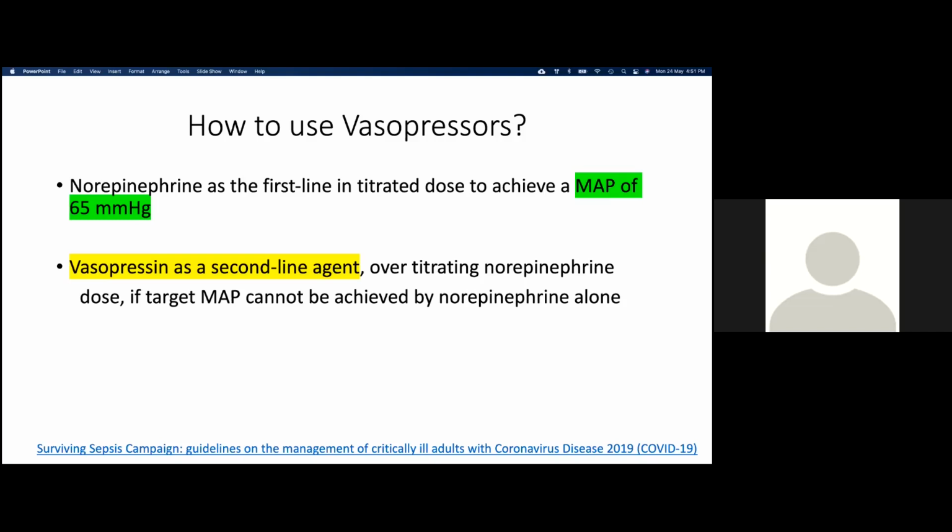Obviously, we have lots of markers of fluid responsiveness. We have dynamic parameters, static parameters. It is beyond the scope of this topic to discuss. Just see, despite adequate volume resuscitation, looking at all the dynamic parameters, if the mean arterial pressure is below 65 or nearly 70 millimeter of mercury, we must initiate inotropic therapy. And if we are unable to maintain the blood pressure of 65 millimeter of mercury with norepinephrine, then we have to use the second line drug, which is vasopressin, and we have to titrate both norepinephrine and vasopressin to achieve adequate mean arterial pressure for organ perfusion of the body.